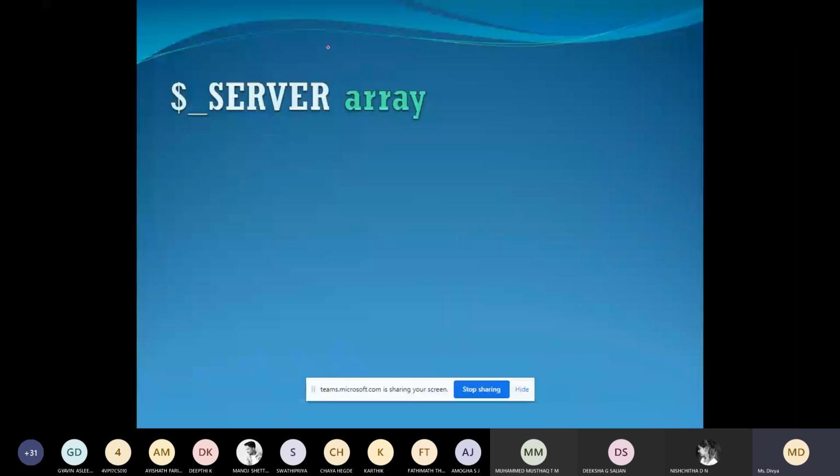The next one is the dollar server array. Previously we came across dollar get and dollar post. The next built-in array is dollar server.